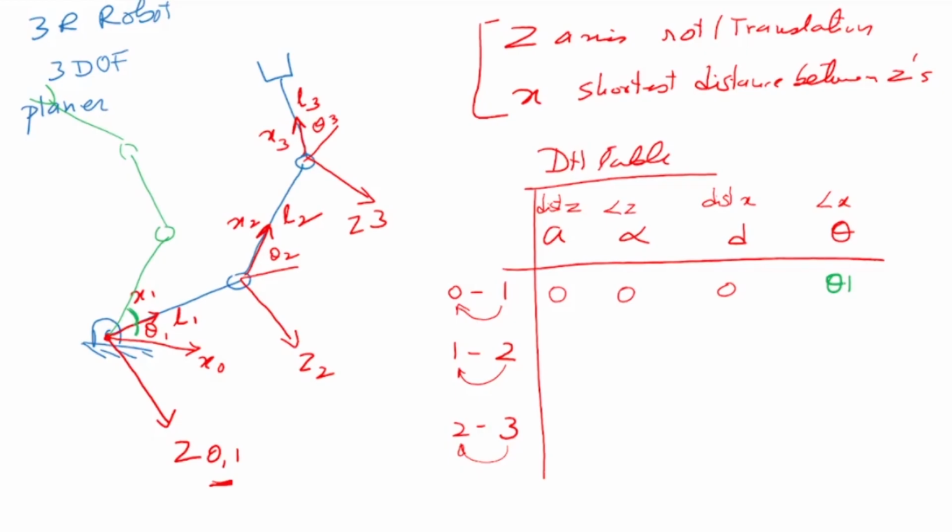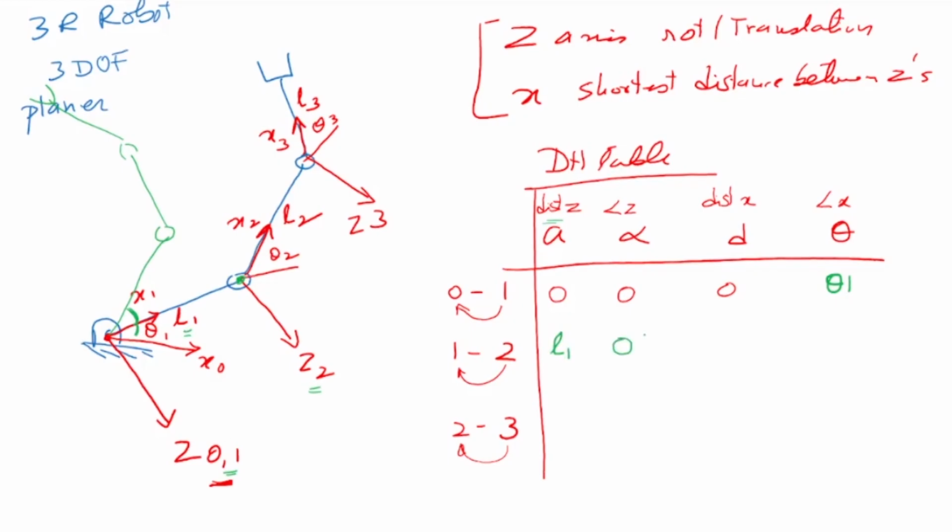Okay. Next is the parameter for the second joint with respect to the first joint, in this case frame 2 to frame 1. Now where is frame 2? Frame 2 is here. Now look at the z, that is A. A is the distance between z2 and z1. So what is the distance between z2 and z1? It is L1, the link length which is given here. What is the angle between the z-axes? The z2 and z1 are parallel, so the angle is 0.